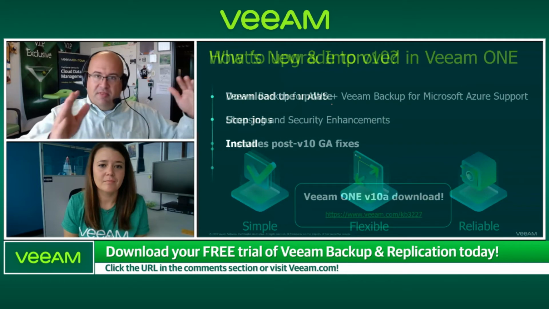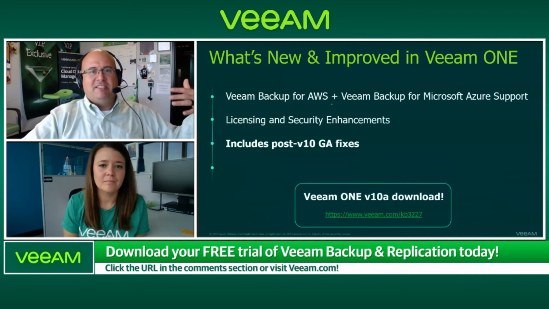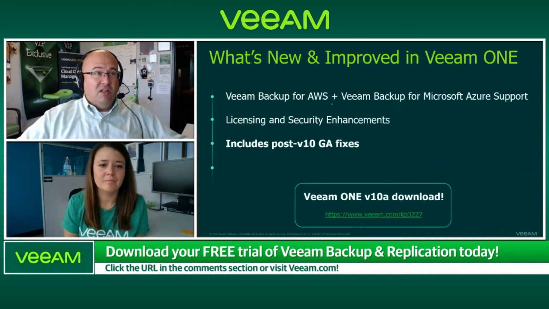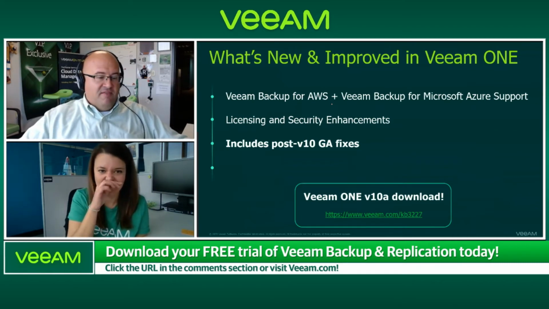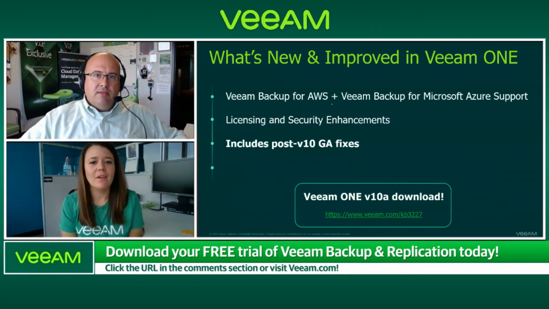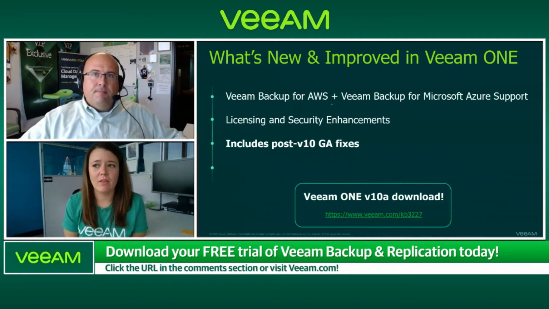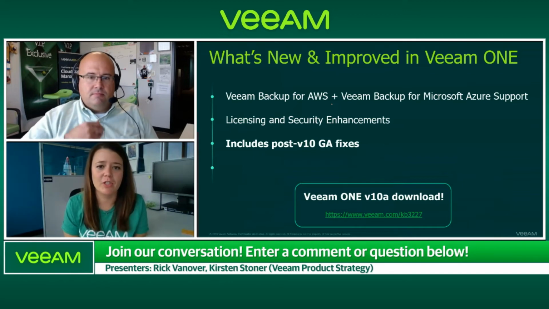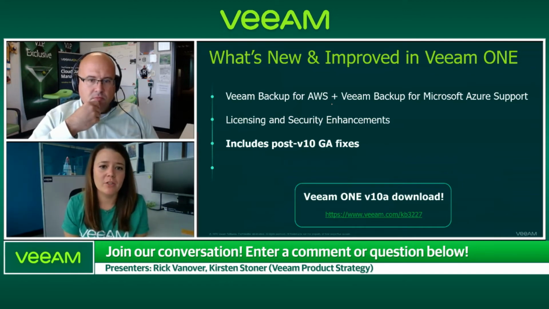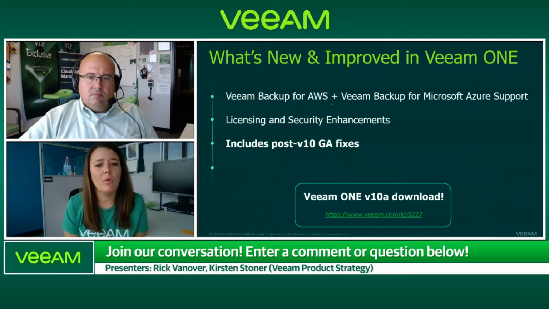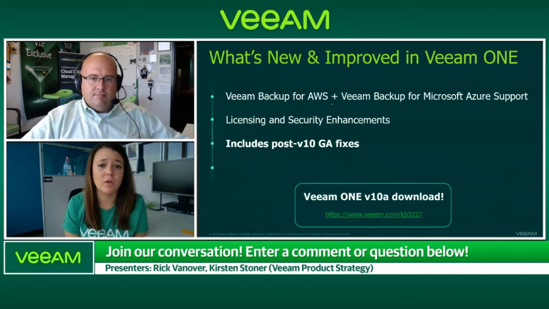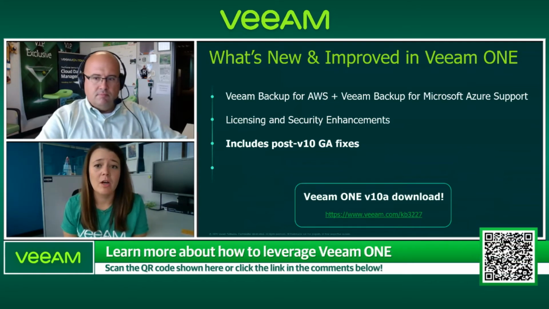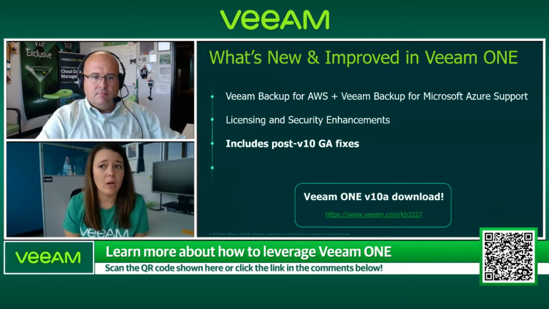So that's Veeam Backup and Replication, the upgrade process, some documentation about it, but we collectively talk about Veeam Availability Suite a lot. Does that have an update as well, Kirsten? Yeah, and Veeam ONE is really there to support Veeam Backup and Replication and really give you visibility into your data protection jobs. So with 10A, Veeam ONE is going to support visibility into your Veeam Backup for AWS and Veeam Backup for Microsoft Azure backup jobs. So those cloud workloads you're using